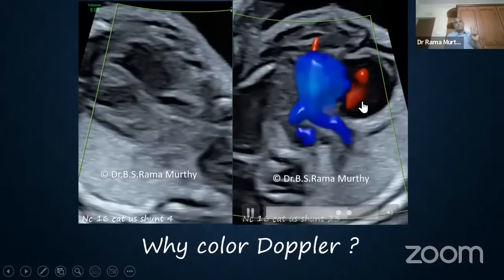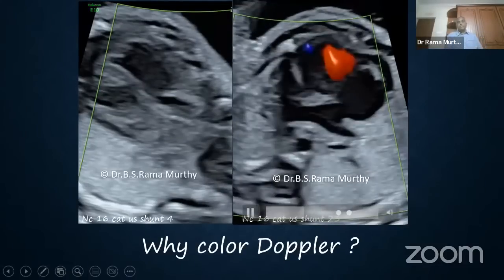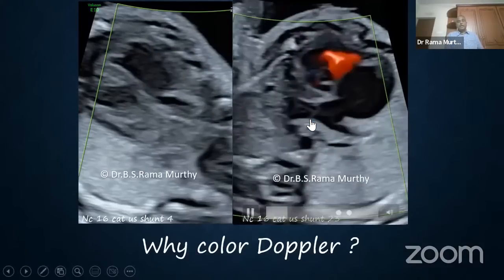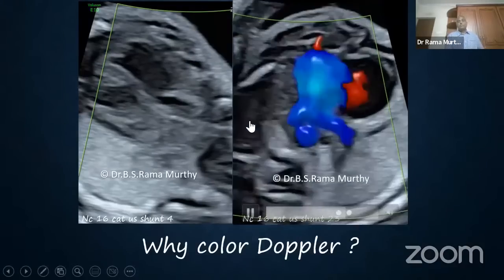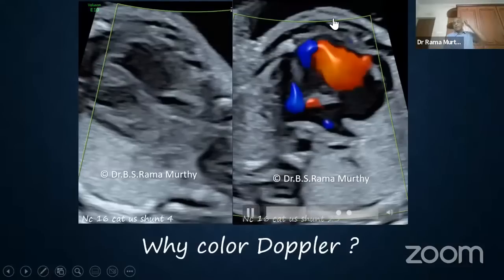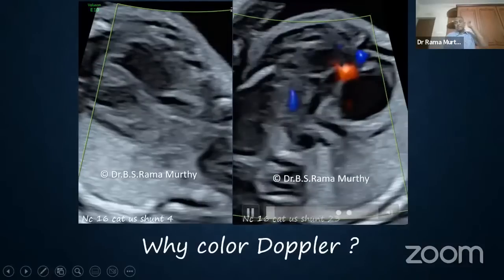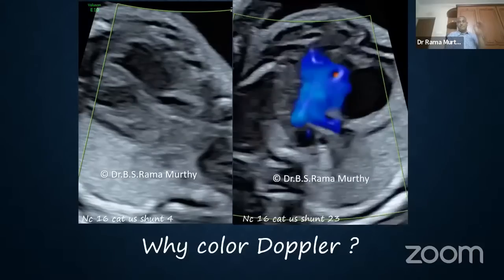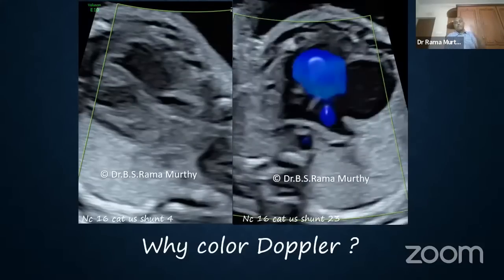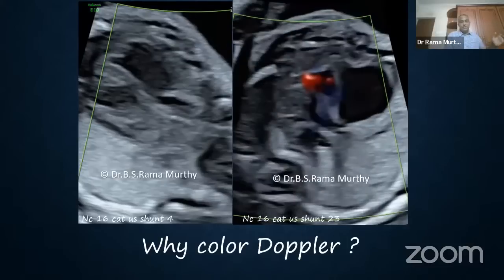So these are the two reasons why I will do a Doppler of the great arteries. And notwithstanding that, I will also look for truncal regurgitation, because the truncal valve is a dysplastic valve. That is why it is thick, and when the valve is dysplastic, it can regurgitate. Now let's move on to the next.